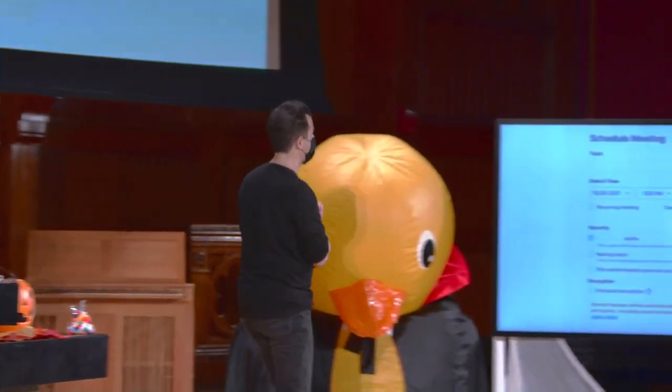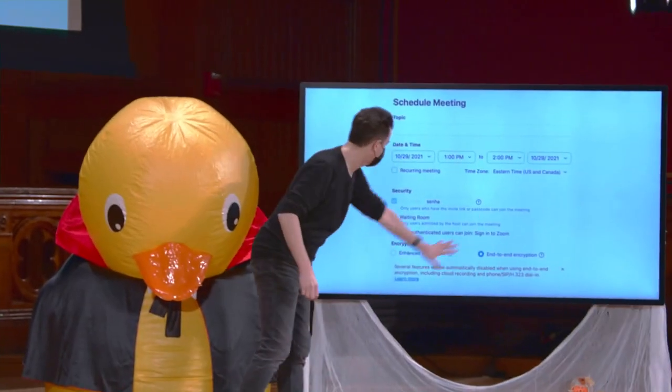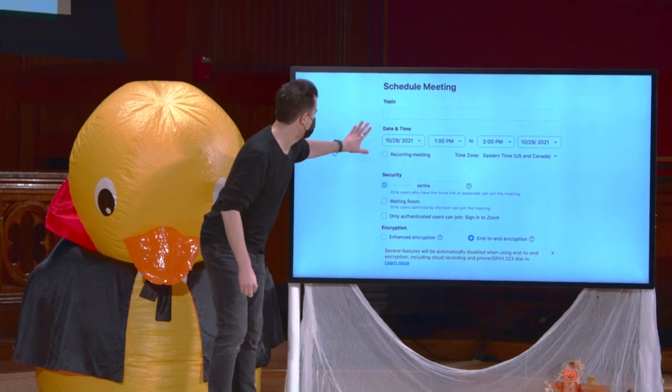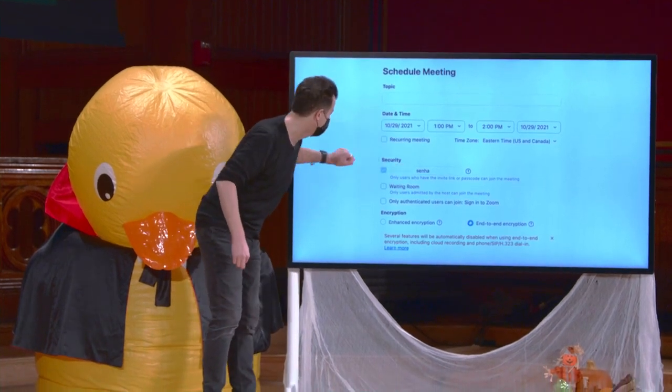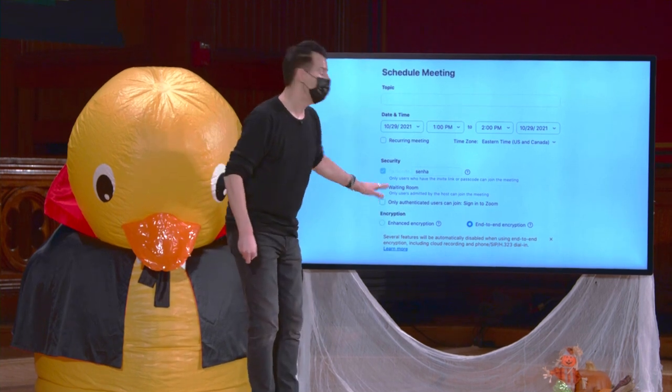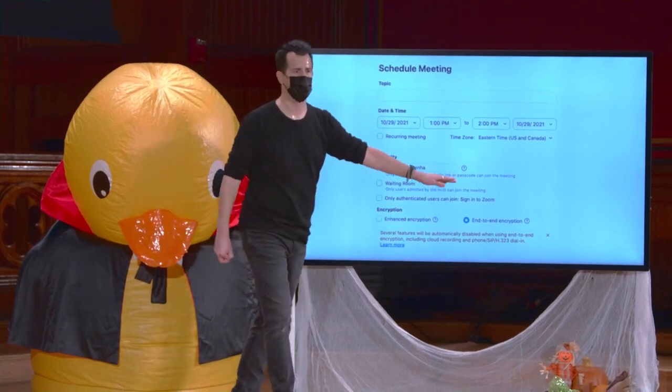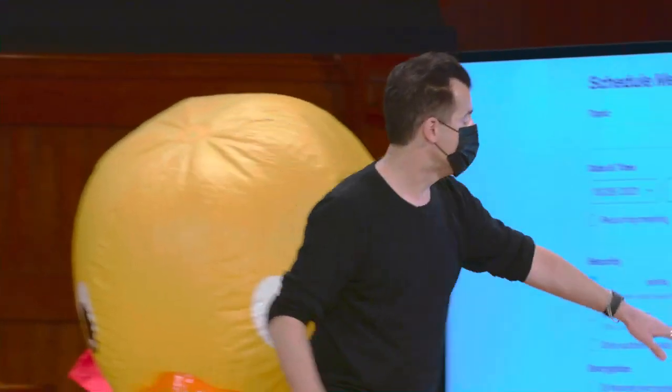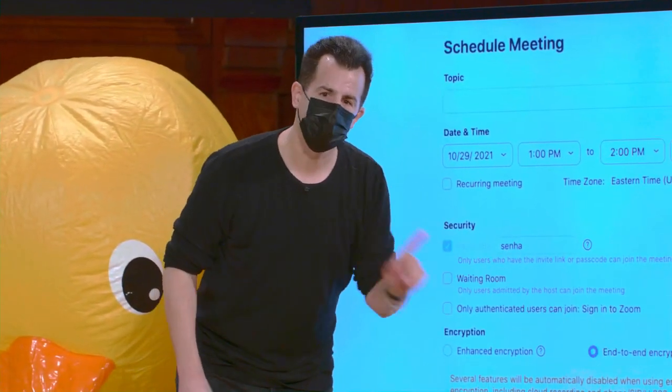And if you're one who schedules Zoom meetings, you can actually see this. For instance, here's a screenshot I took yesterday, scheduling a Zoom meeting for today. And you'll see that you can choose the day and the time, the password, haha, and also down here, the encryption level. And by default, it's typically enhanced encryption, which is silly, like enhanced encryption. It's just encryption. And in fact, it's sort of worse encryption than the other checkbox, which is end-to-end encryption. But there's this little caveat.